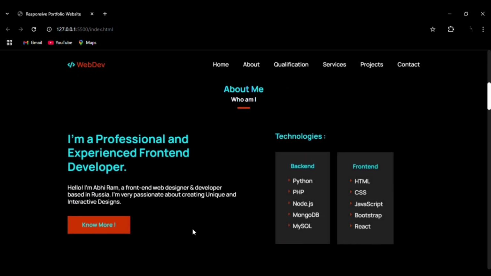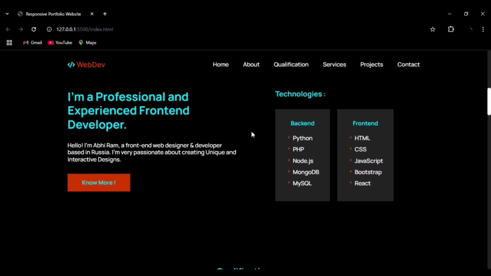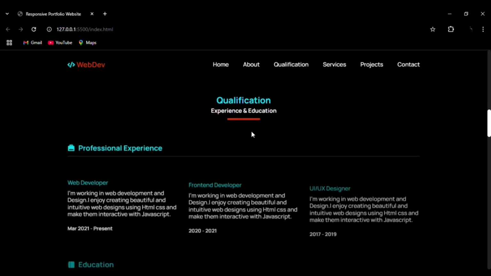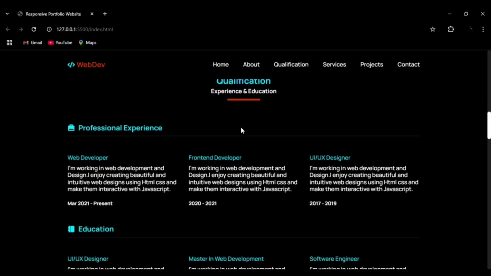You can see the hover effect on the button and you can see the technologies. This is the way that we have aligned backend and front end. You can see the icons that we have added before the technology name, and you can see how we align the subtitle element as well as subtitle, and we have also added the underline using the after effect of CSS function. Then we can see the professional qualification, that is experience, and by using the grid we have aligned